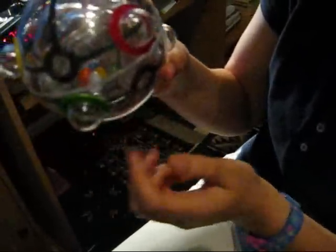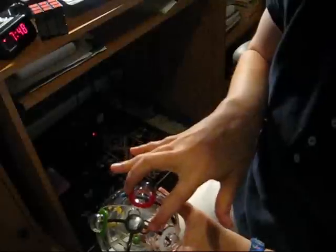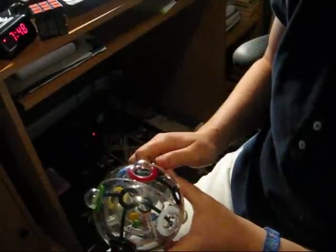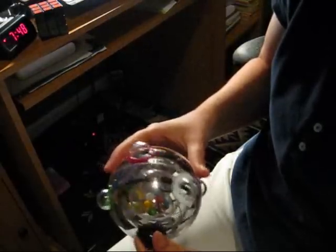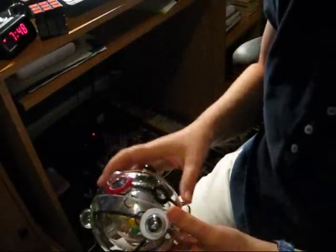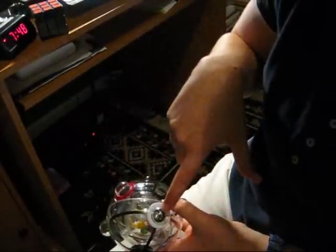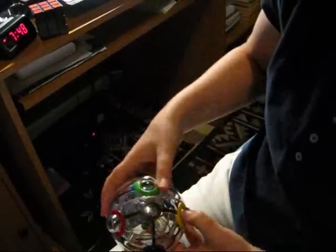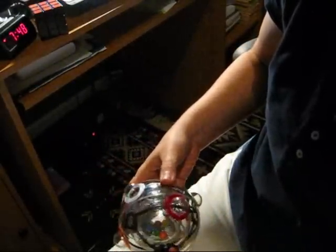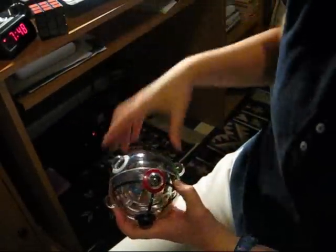The middle hemisphere also has a counterweight, and you can see it right there. It's that silver ball, and it also has 2 holes, which are right there. And those 2 holes, unlike these holes in the outer sphere, the middle sphere's holes are always open, and 1 hole leads to each hemisphere. So if you can see here, that is the hole for the bug hemisphere, and this hole right here is the hole for the Roy hemisphere. I don't know if you can see that very well from that angle, but the holes are